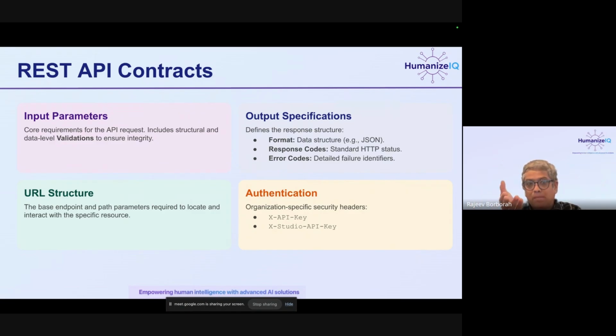So it has input parameters. It has output specifications which say that the result will be sent in JSON format or an XML format, or these are the kind of error codes which are going to be there, or these are the success codes. So format is important, response code is important, error code is important. In today's world, almost 100% of APIs are JSON format. So format is not a discussion. When I started working, XML was the prominent standard, and XML became JSON. There are systems which support both, but in today's world, JSON is the format, and we will stick with JSON for most of our APIs.